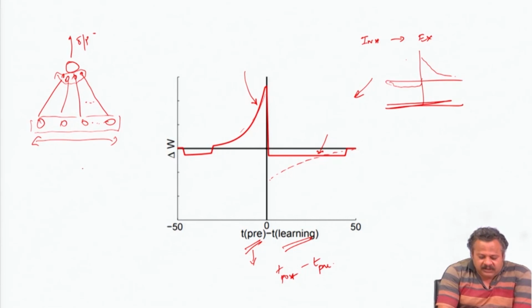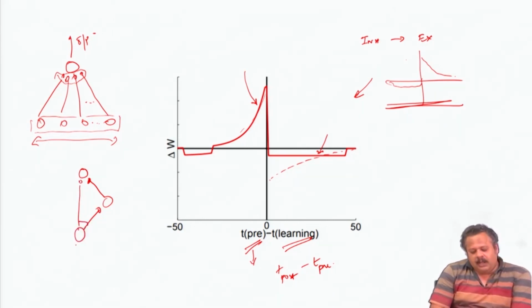What if we consider a network in this manner, where we have an inhibitory interneuron in general, and we have a common input driving both of them? Can we derive under this scenario the plasticity rules that will emerge for these three synapses under similar